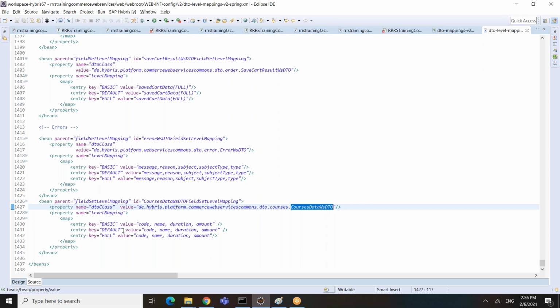Part of that object, I am telling the scope basic, default, full, and I am listing what attributes need to return if someone is passing the scope as basic, what attributes need to return if someone is saying default, what attributes need to return part of full when someone is passing the full as scope.